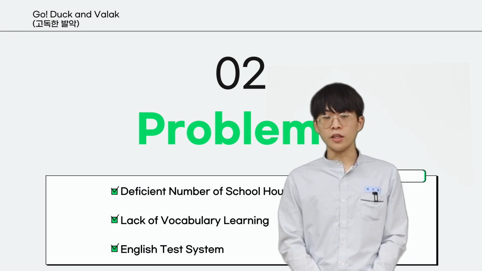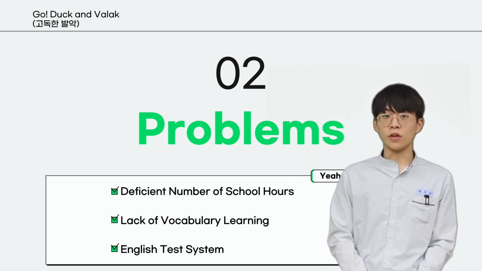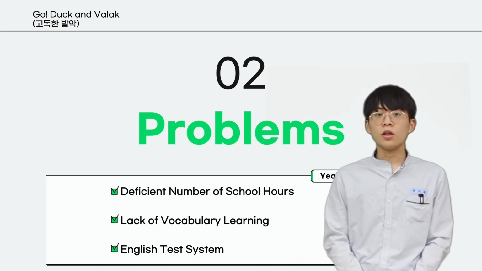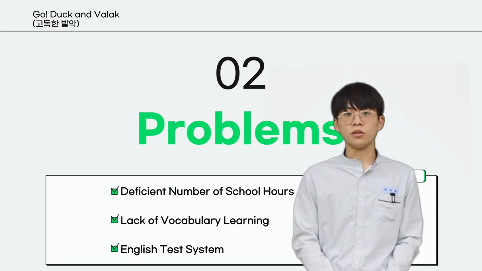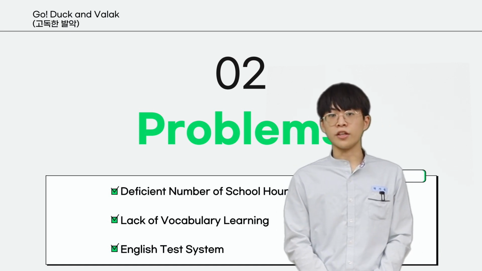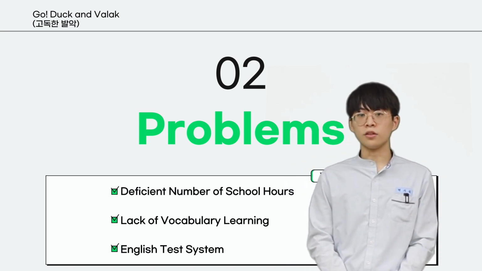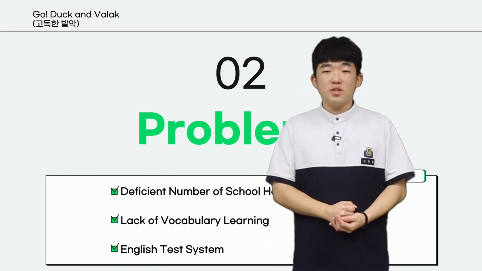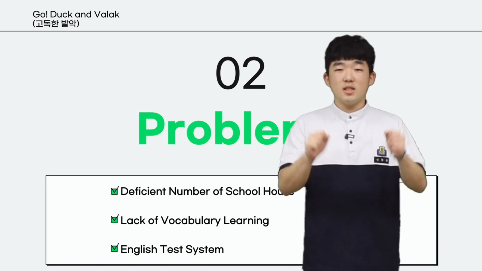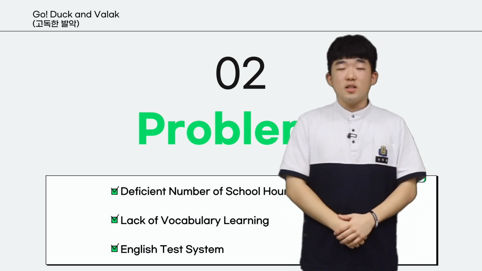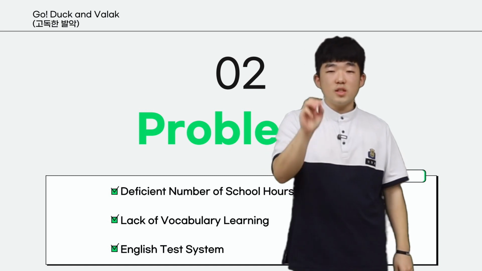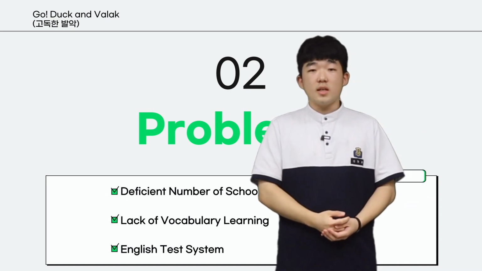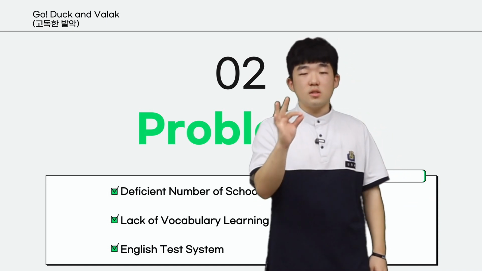To be able to communicate, you need 2,500 hours if you study 1 to 2 hours a week. However, in the 7th revision, the total of classes was 731 hours for 10 years. So, there is a lack of learning time for communication skills. Also, the number of words Americans use to communicate is approximately 10,000 words. In Korea, students are required to learn about 3,000 words for 10 years. So, the amount of vocabulary to understand English is absolutely insufficient.